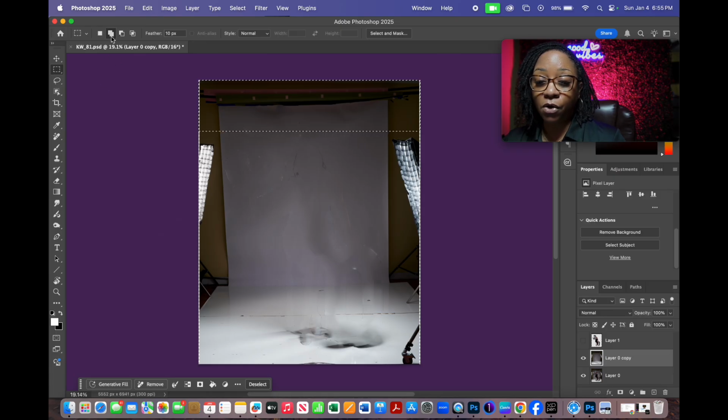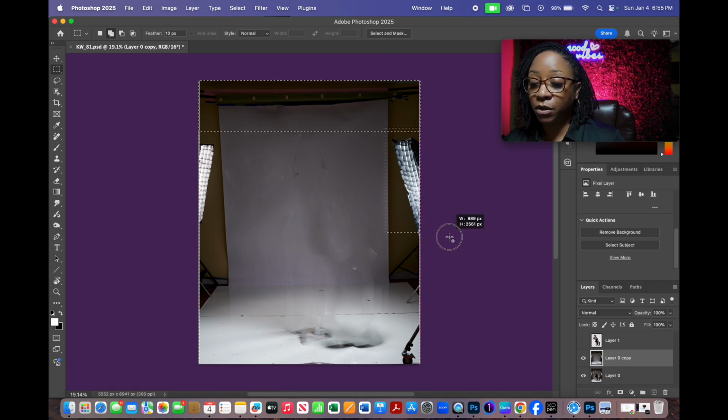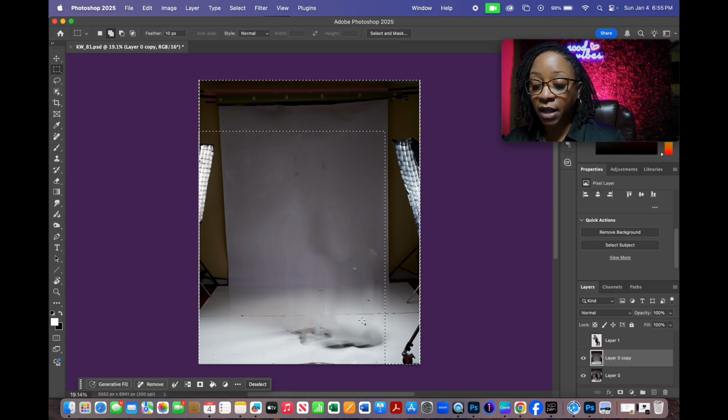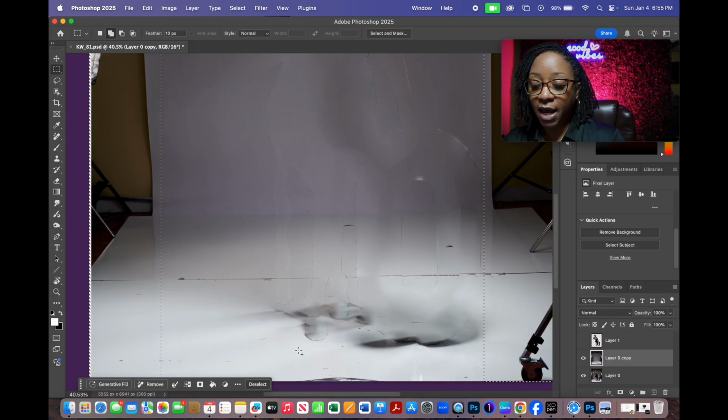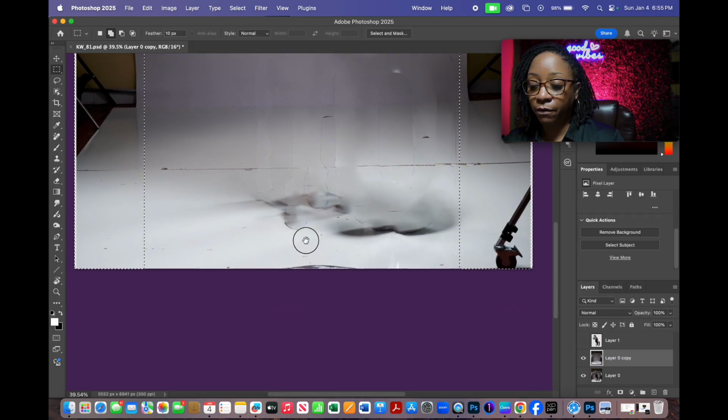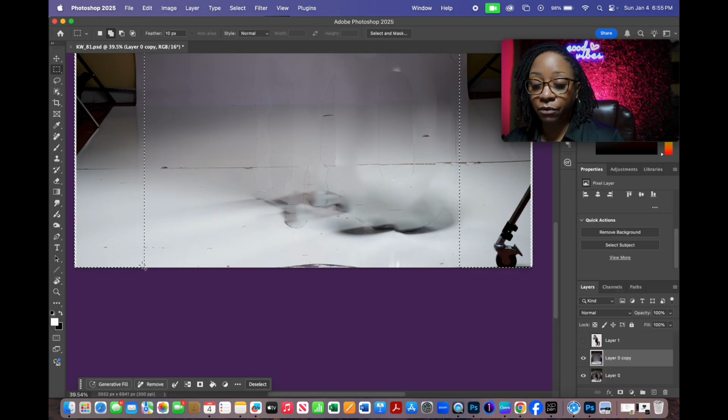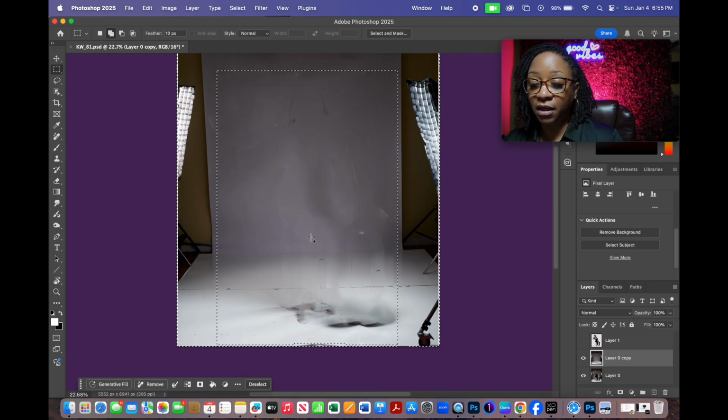All right, so we're going to put here to add, and we're going to continue adding to what we need to recreate. So I'm going to go down, I'm going to select this all the way down because I need to get that leg of the light stand out. And I'm going to go over here and clear out this wall and this modifier from this side all the way down. And probably couldn't see it from afar, but I've got a little bit of a reflector on the floor. So I'm going to come and add that as well. All right, so once you've got everything added,